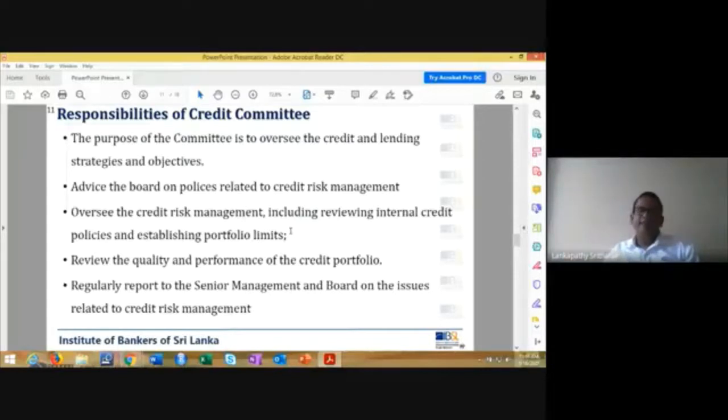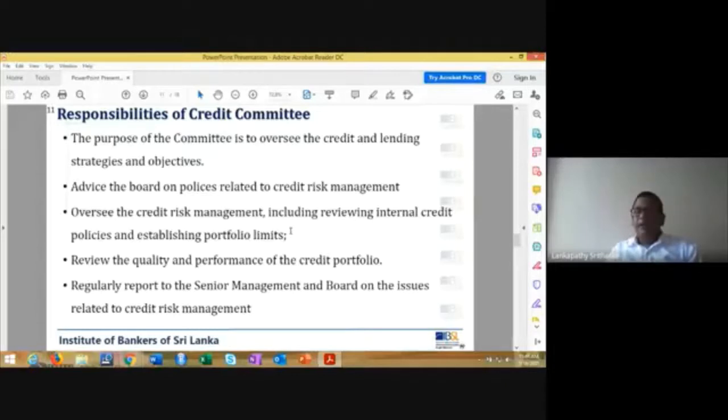That is also a responsibility of the credit committee, and oversee the credit risk management, including reviewing internal audit policies and internal credit policies and establishing portfolio limits. It's also the credit committee's responsibility. You all may know that if it is a